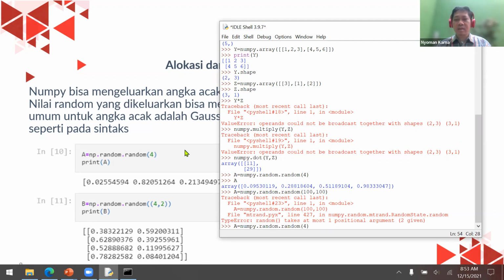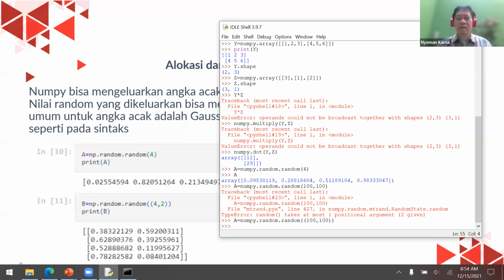Okay, supposed to put something like this for 100, 100, and then another closing bracket, something like this. Okay, and then a dot size. Let's try size first.